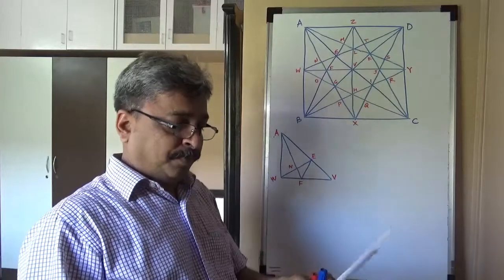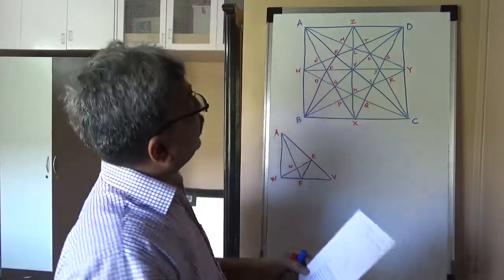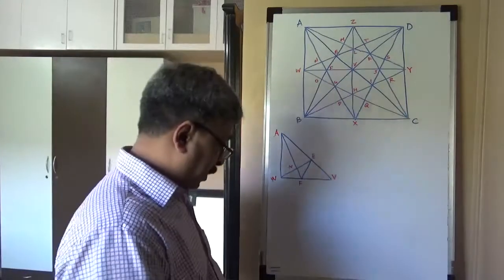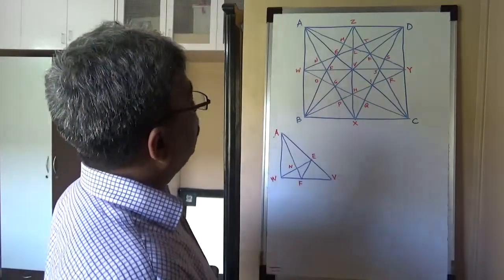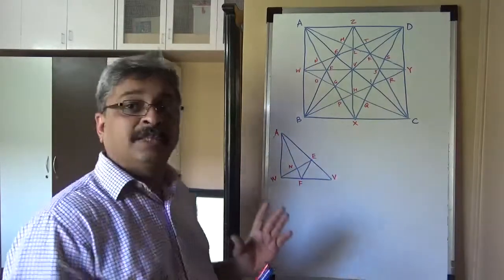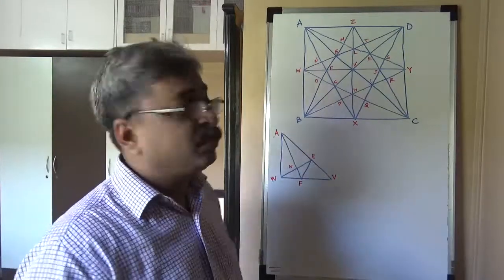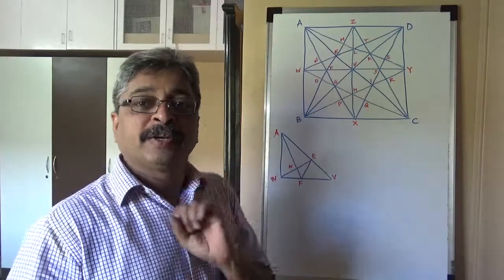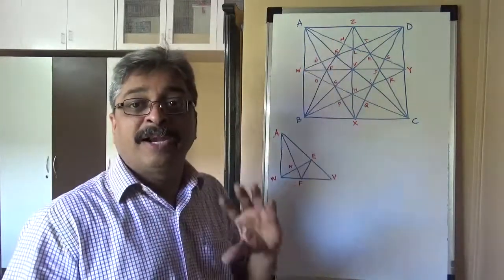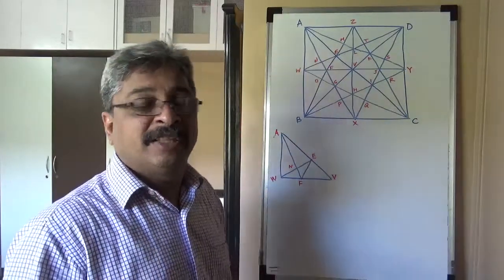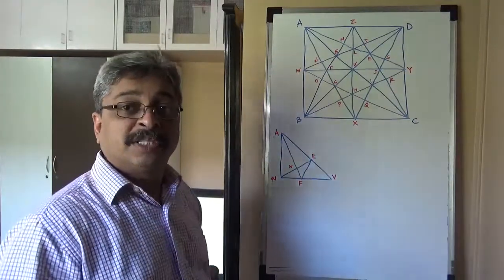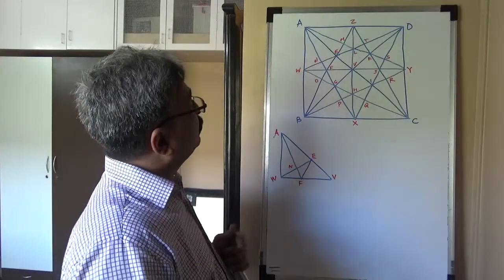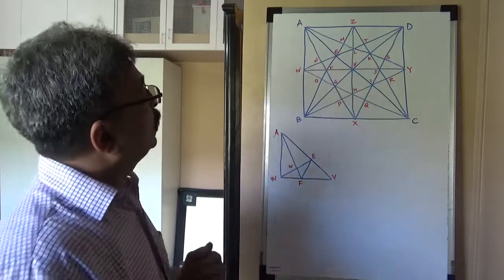Now the entire square is divided into 40 small triangles, right? And what we need to do with this square is find the length of every small segment present in this diagram, and the area of every triangle that we see in this diagram. This is the task. Now to make the task a little easier, first thing that we need to know is